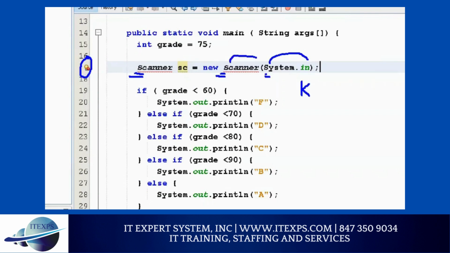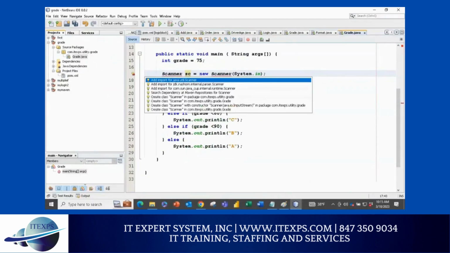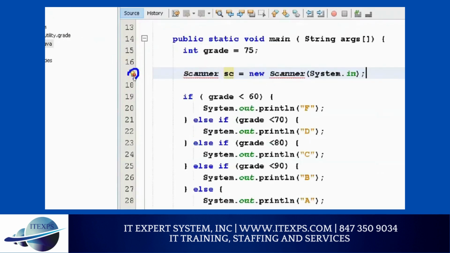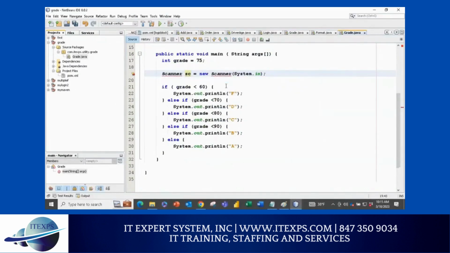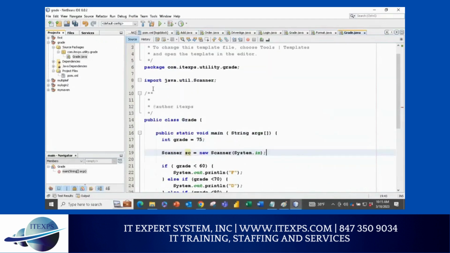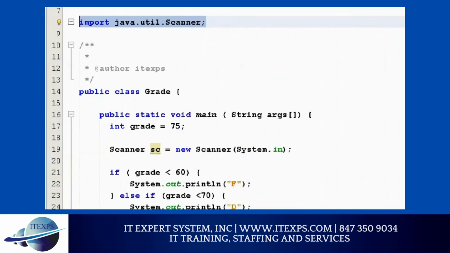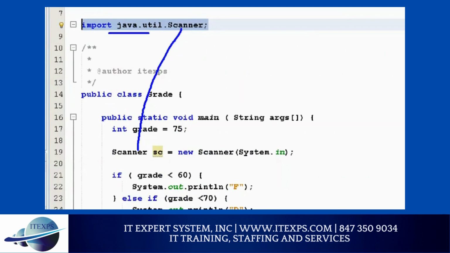New means you're creating your own copy. So you're creating your own copy of Scanner, and this is your type, Scanner. Make sure you import the class. It is coming from java.util. When you import it, you click on the light bulb and just import. When you import, the library will be added in your class. You can see on the top, the error will disappear. The library is added. So we are saying that this Scanner class we are using is from the java.util library. Here we are saying this is my copy, my variable name will be sc, and I'm reading the keyboard.